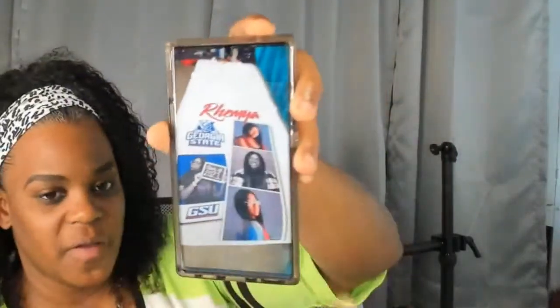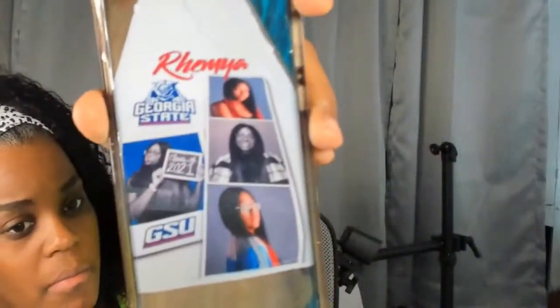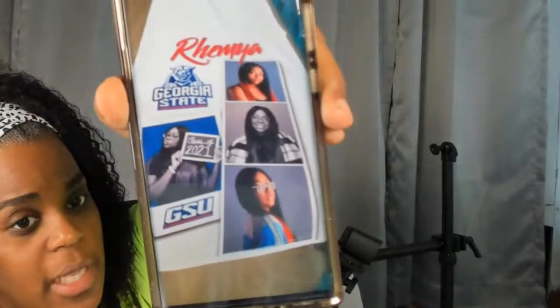So yeah, I'm going to teach you. My class is, then I had to do like this thing for them. I've used this for other stuff because this was more of a shawl for her aunt or her godmom. My Polaroid, the thing there, her name, Georgia State. Remember, I had that on the yard sign? Put that right on the shawl. Why am I going to go and change it again?